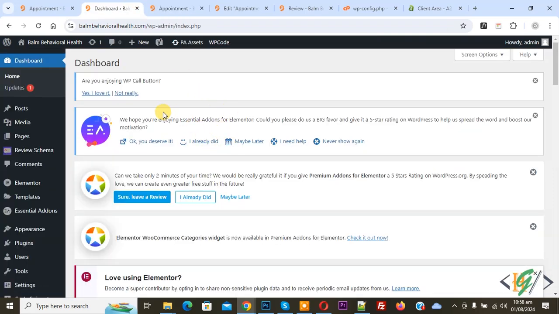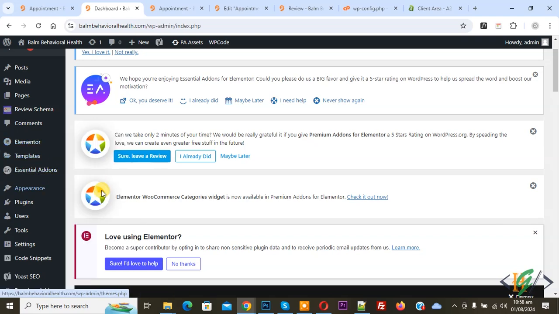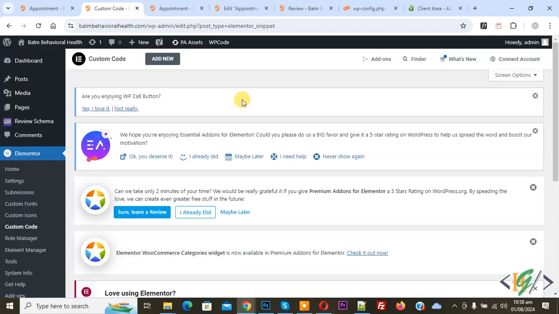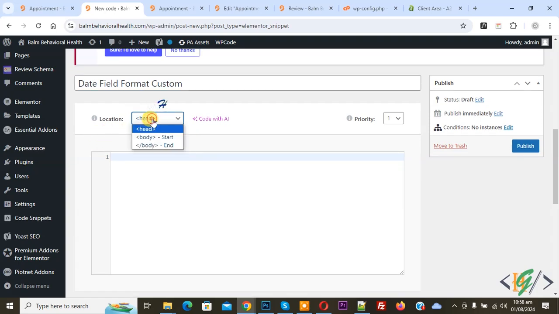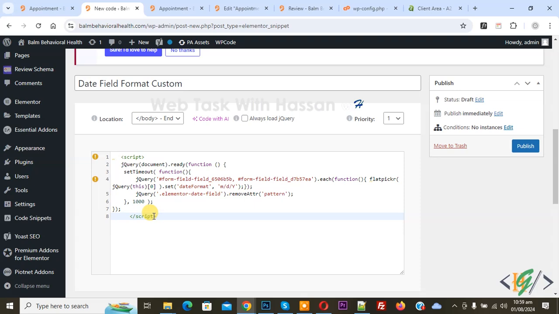On left side you see Elementor and then you see custom code, so click on it, and then you see add new custom code, so again click on it. So you can add new code title according to your requirement, and then scroll down you see location. Now select body and then paste code, and you will find this code in video description or in comment section. If you are using here flatpickr-input class, then this code applies on date field and